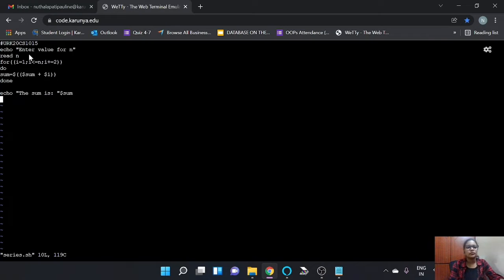For that, we have to take input from the user. Since the series starts from 1, it has to go until n. So we are going to take the n value from the user. And again, I have used this for loop with which it is going to iterate for every consecutive number or